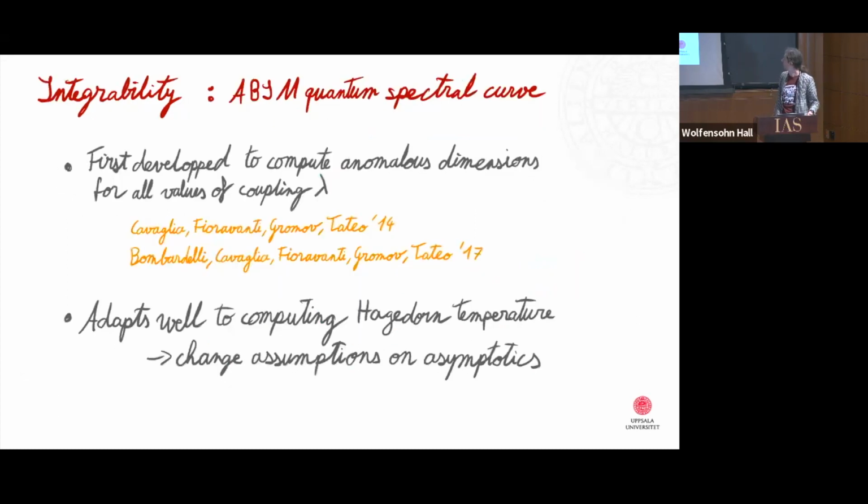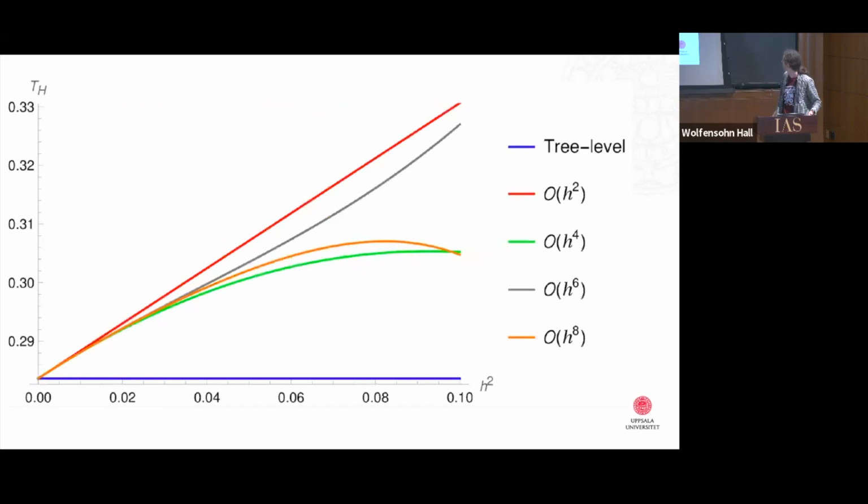The technique we used is called the ABJM quantum spectral curve, which was first developed to compute anomalous dimensions of operators in ABJM, but it can also be quite easily adapted to compute the Hagedorn temperature by just changing some assumptions on asymptotics. Perturbatively, we can solve this ABJM quantum spectral curve to 8th order in coupling. I'm not going to show the exact analytic expressions for these additional terms. I'm just going to show you the plots